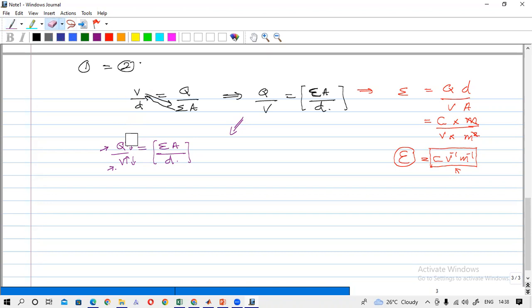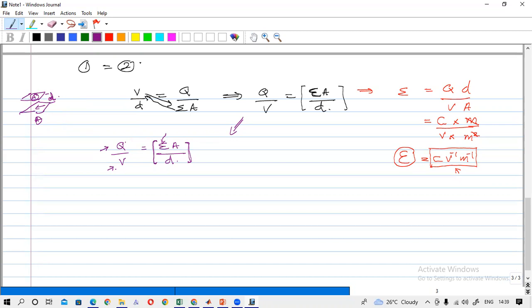So what about this part? Look at this expression. Epsilon is the dielectric constant between the plates, A is the area of the plate, and D is the distance between the plates. If you didn't change the dielectric constant between these two plates, or the area, or the distance D,